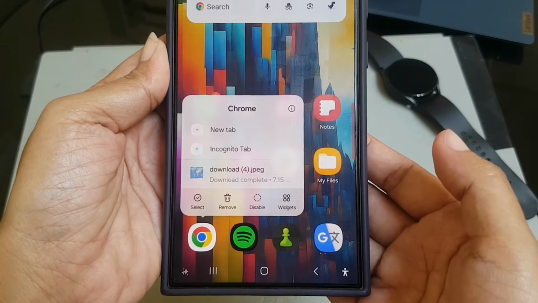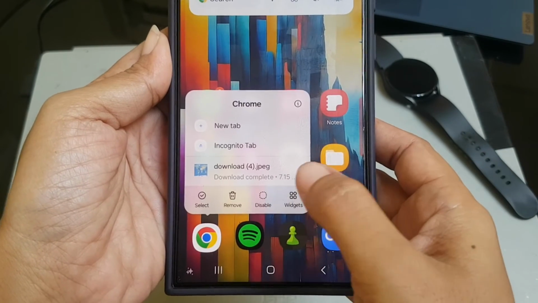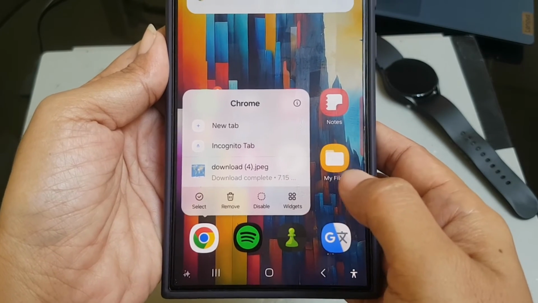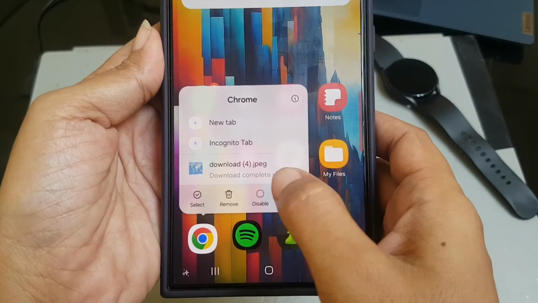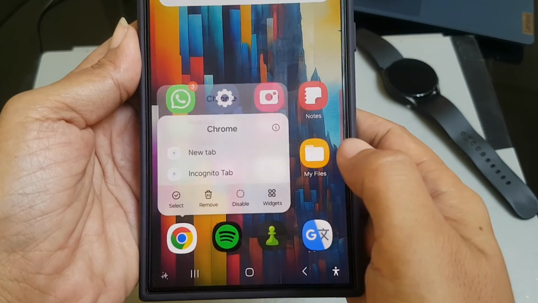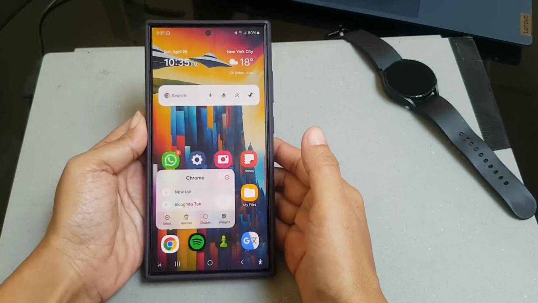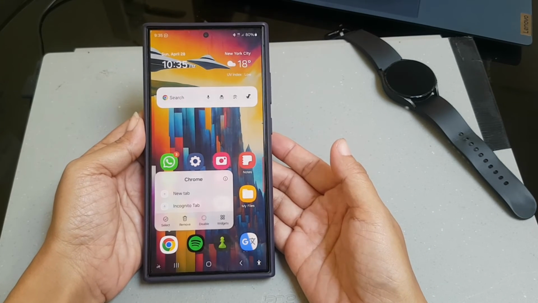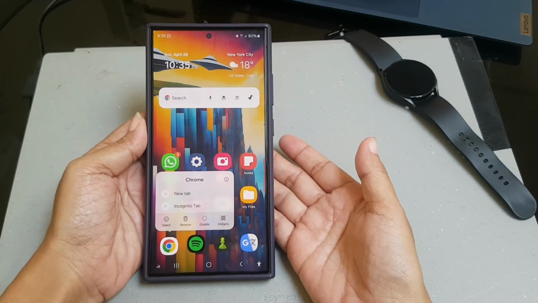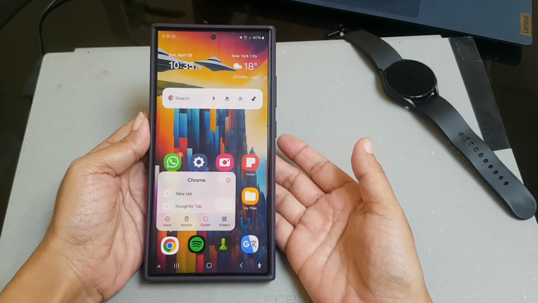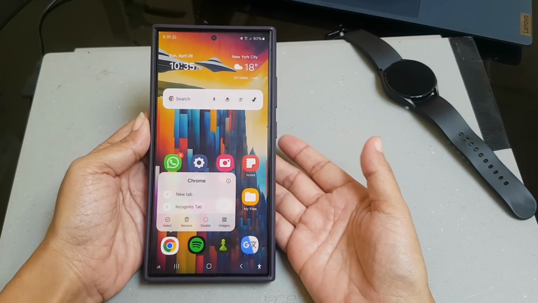You can see that your phone is now displaying the notification you have on a pop-up. If needed, you can swipe the notification to remove it from the pop-up. Given to the function, this feature can be used as an alternative way to help you easily read notification without you have to open the app.